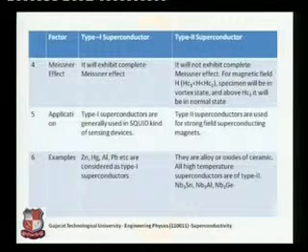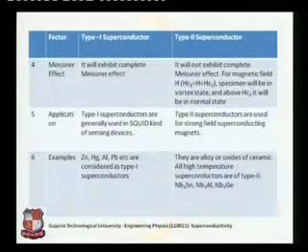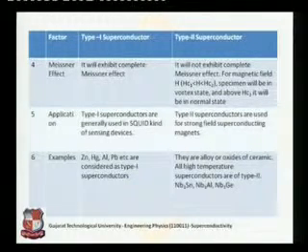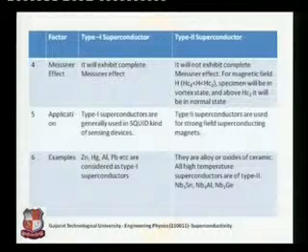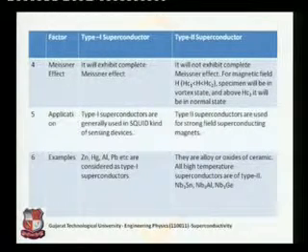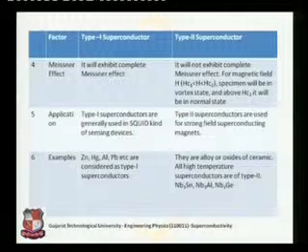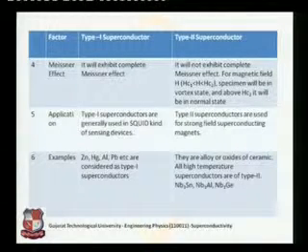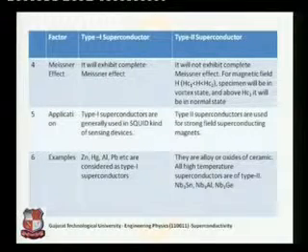We will talk about squids also in the part of applications. Squids are superconducting quantum interference devices. They are generally used for identifying magnetic fields, but these magnetic fields are very tiny, very small, and small magnetic fields are not generally observed with the help of a compass. So a magnetic compass won't be able to detect them, but we observe that property of type 1 superconductor to change state from superconducting to normal under the influence of a small magnetic field. So squids are the application of type 1 superconductor.